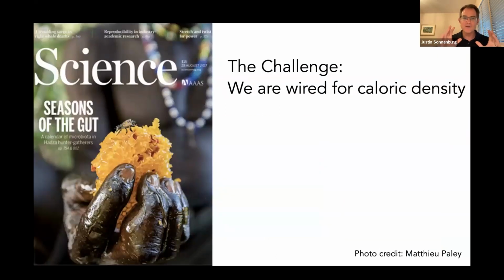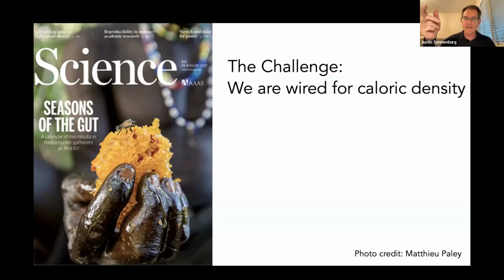So I think one of the major challenges is that we are wired for caloric density. This is a picture of a Hadza gentleman holding honeycomb. The Hadza love honey. But to get that honey, they have to identify a bee's nest up in a tree. They have to rub sticks together on the ground to create fire, to create smoke, pound pegs into the tree, climb up the tree with these smoking embers in dried grass,